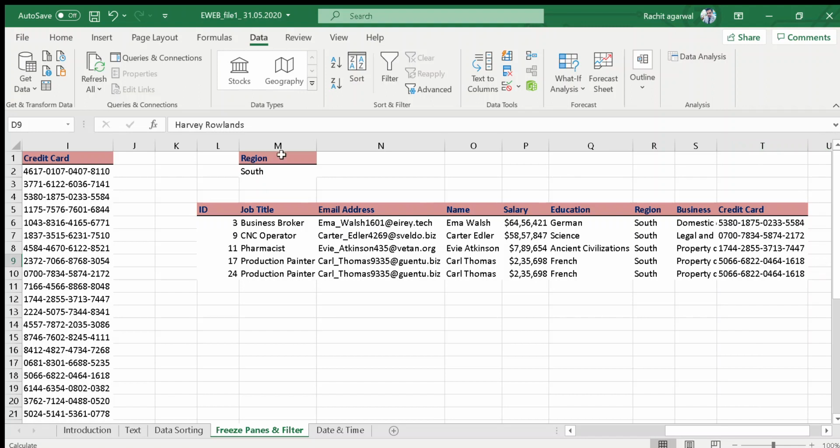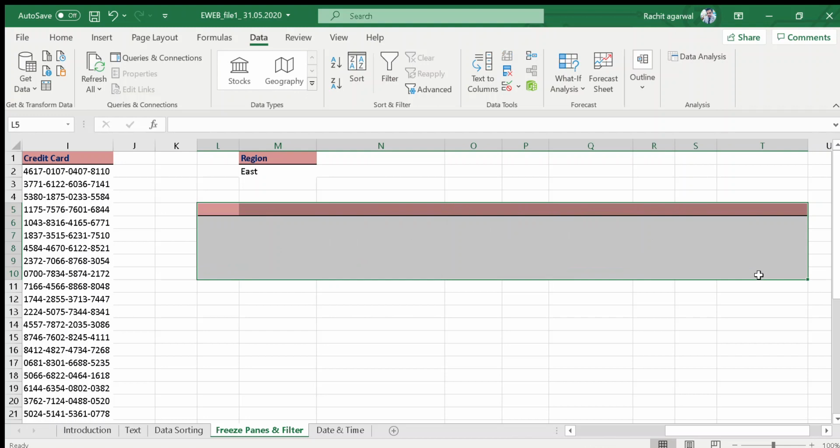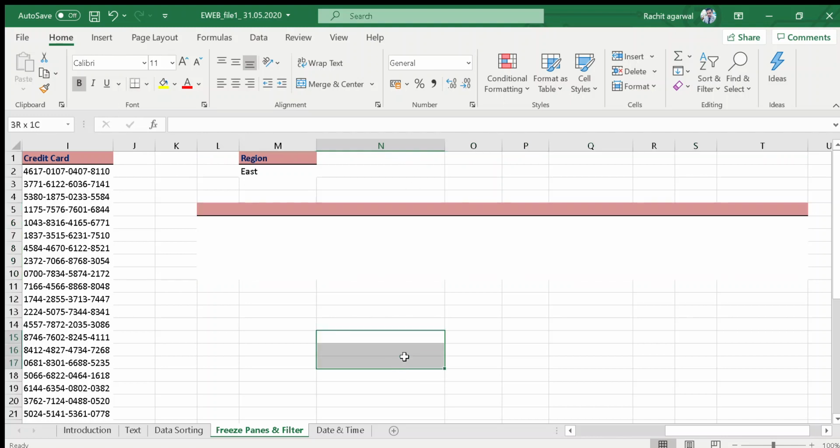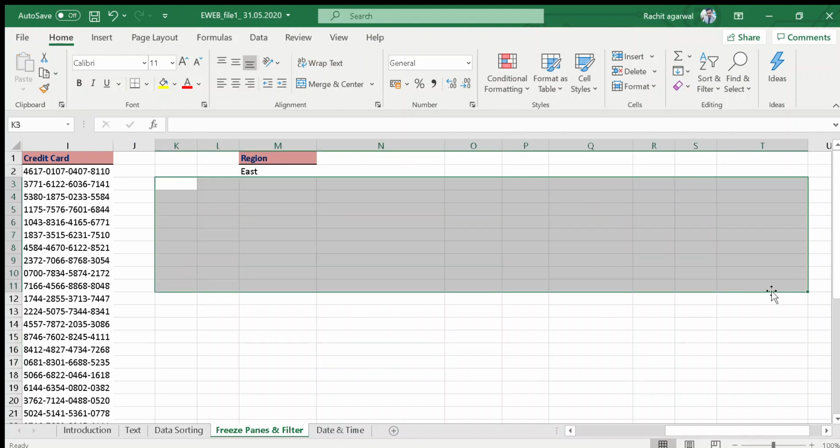If you want to change the criteria, again you have to change it from here to East. You have to delete this one because I don't want the South right now, and I use the same formatting option for this entire one.